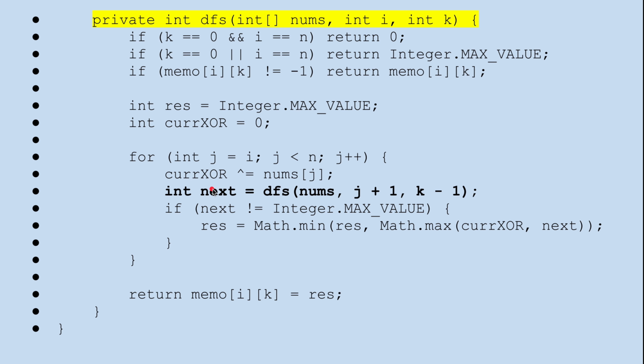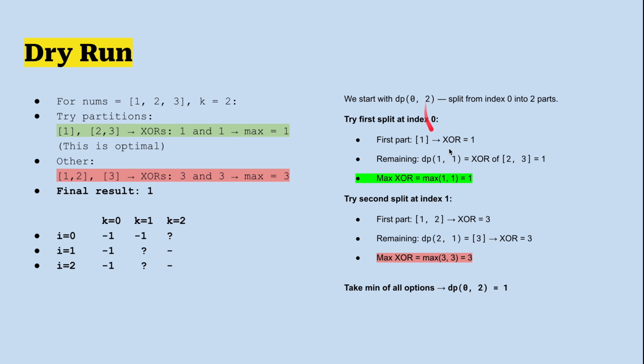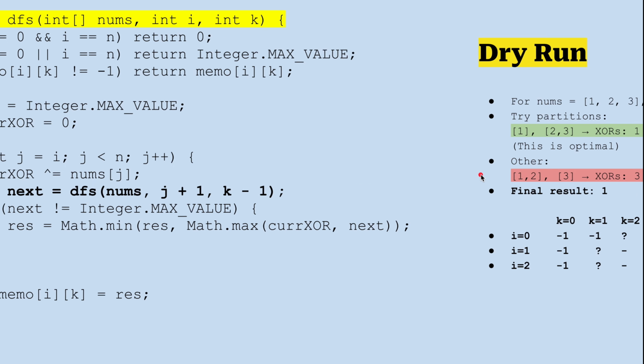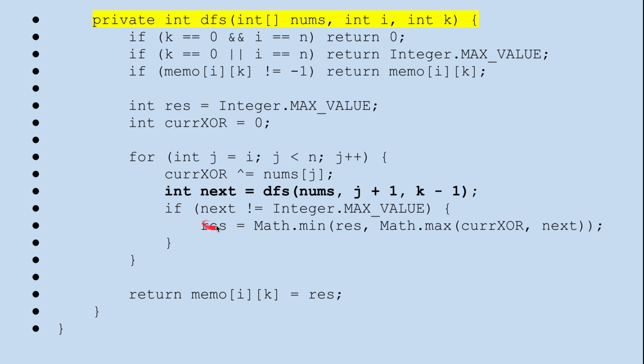So you will get the next, the max between this and that one, and we have to find the minimum of this. The minimum we have already updated for the first time, right? When we were here, we had already updated the minimum. So RES already has this value. And next time it comes, it will not just take the minimum, it will take whichever is the minimum, and that we will update here. Okay,